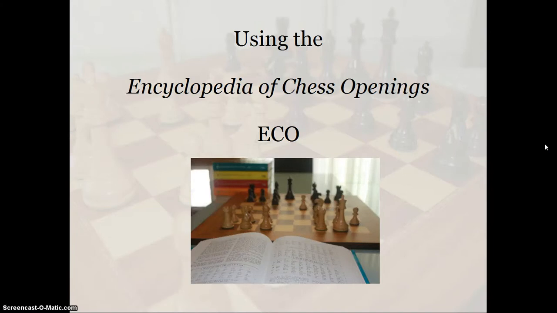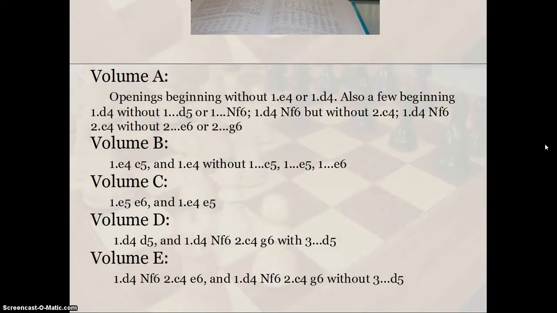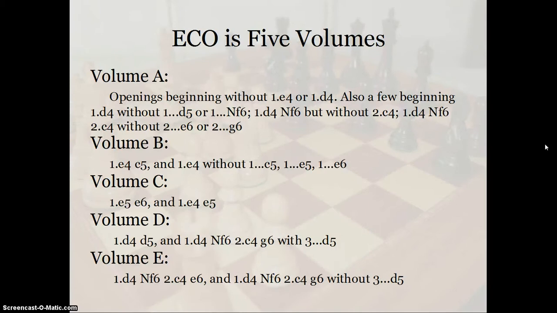In this short video, I want to provide a brief orientation to the Encyclopedia of Chess Openings. ECO consists of 5 volumes, numbered A through E. The first volume, A, has all openings that do not begin with E4 or D4, as well as a few others that begin that way but then follow what is perhaps considered